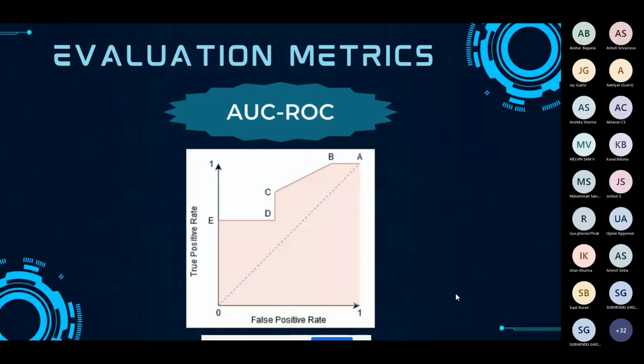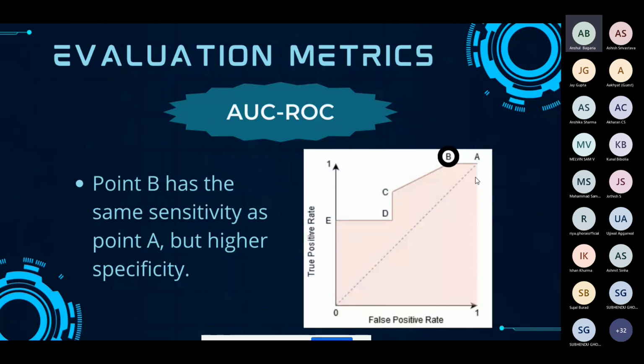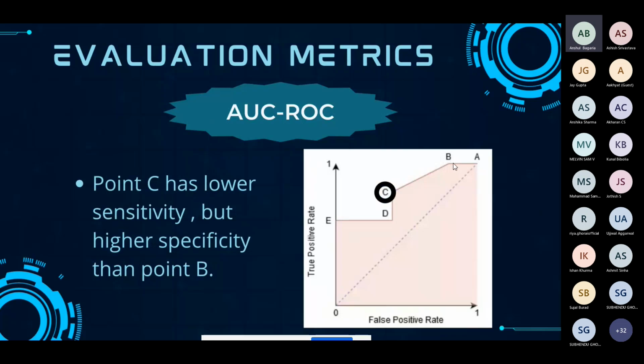Now, if I move to point B, we can see that we have moved left along the x-axis. So point B also has the same sensitivity as A, but its specificity is higher. And point C, we have moved down the y-axis and also to the left along the x-axis. So point C has lower sensitivity than B because we have moved down, but it has higher specificity because we